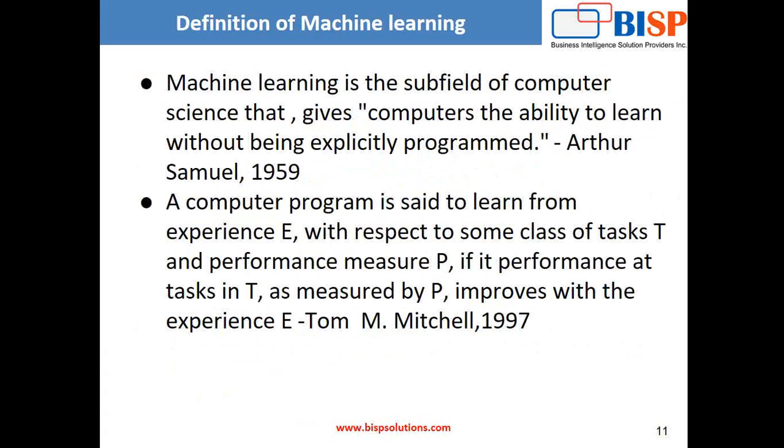The definition is usually much more cumbersome, so let's go back to it. What exactly is this definition? If I want to go from place A to place B, then the task is going from place A to place B. And what is the performance here? The performance is how fast I can reach from place A to place B. That could be one of the performance parameters. A second performance parameter could be my ability to predict correctly.